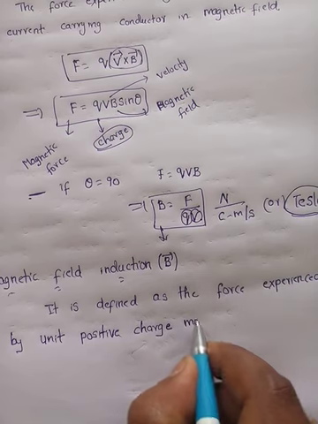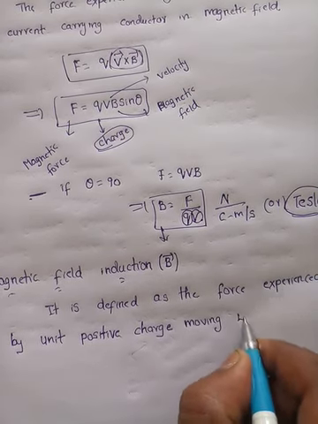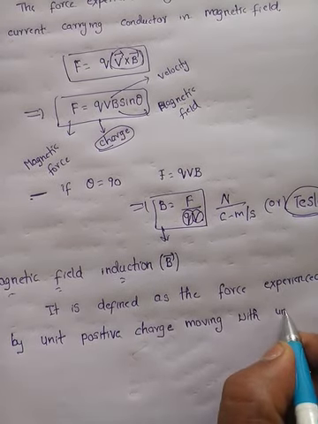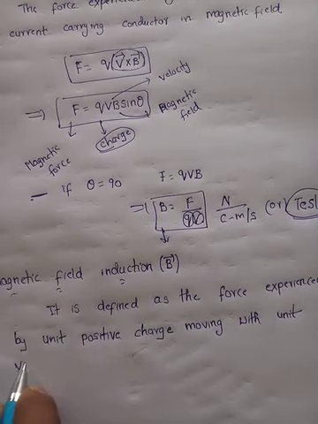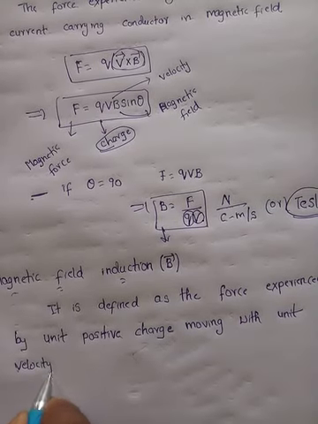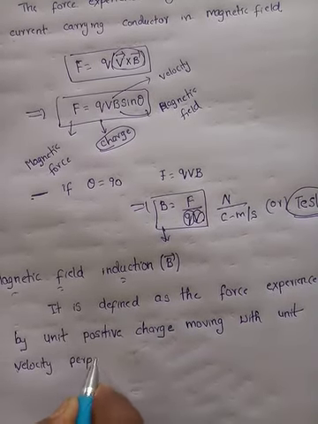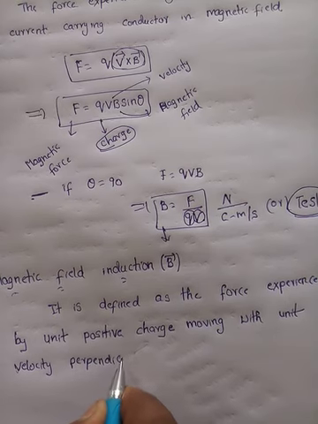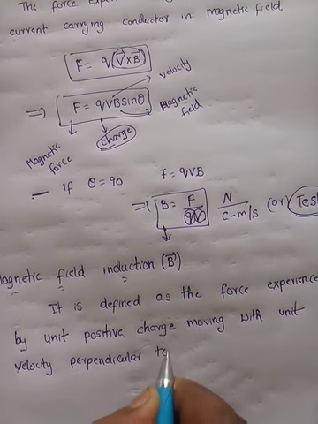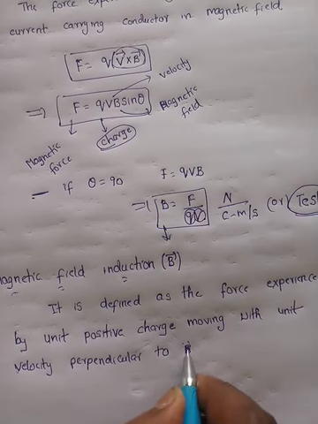Unit velocity, moving with unit velocity perpendicular to magnetic field, or perpendicular to